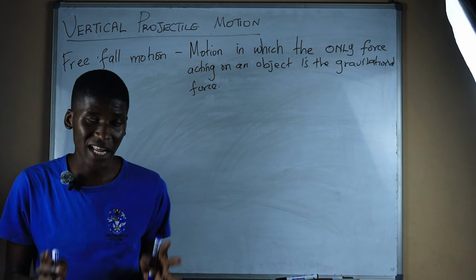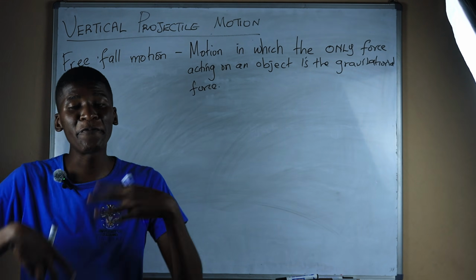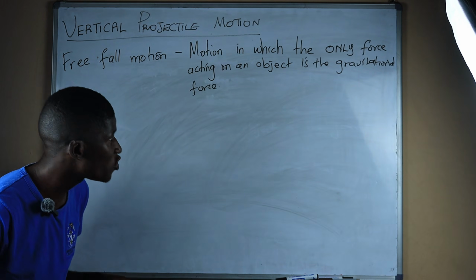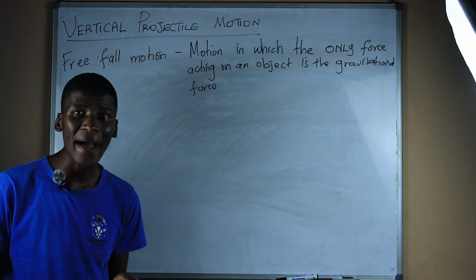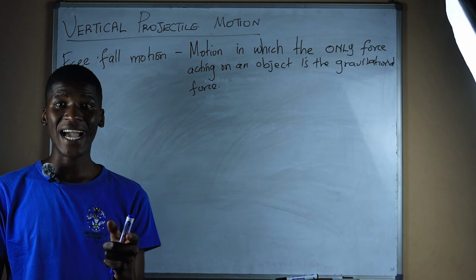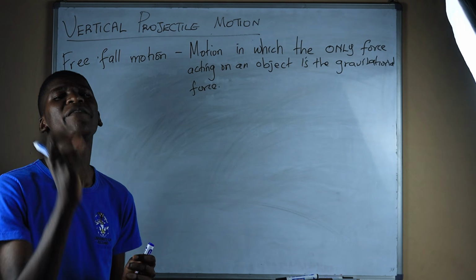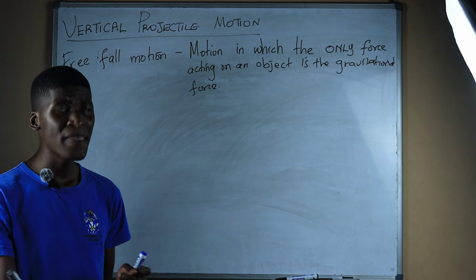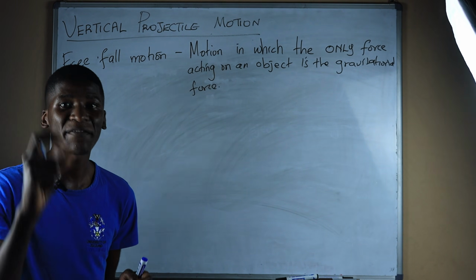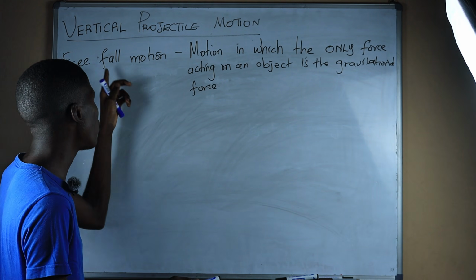We're talking about that motion. Remember, guys, motion is simply movement. When something is moving, in physics terms, we say that it is in motion. So we are going to study this type of motion, whereby the only force acting on an object is the gravitational force. Remember, for an object to move, we need to have a force that is responsible for that movement. In this case, the force responsible for the movement of the object is the gravitational force, and it is the gravitational force only. That's why we say this is free fall motion.